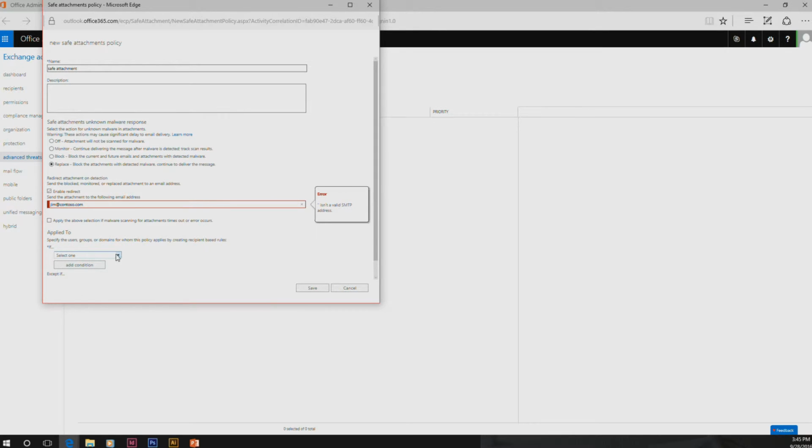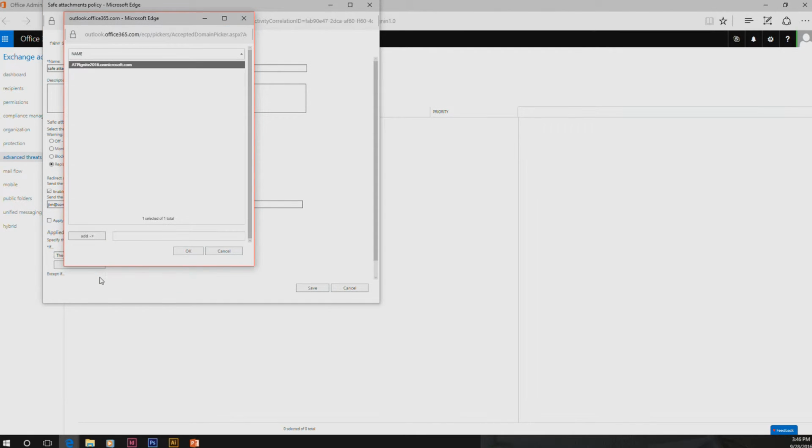And then you scope the policy. So you can scope it by domain or by a group or down to the individual recipient. So when you roll out to a large organization, sometimes it's easy. You've already got DLs for different departments. You can just roll out each department by adding the DLs to your policy. But the fastest way to do it is just select all the domains in your organization